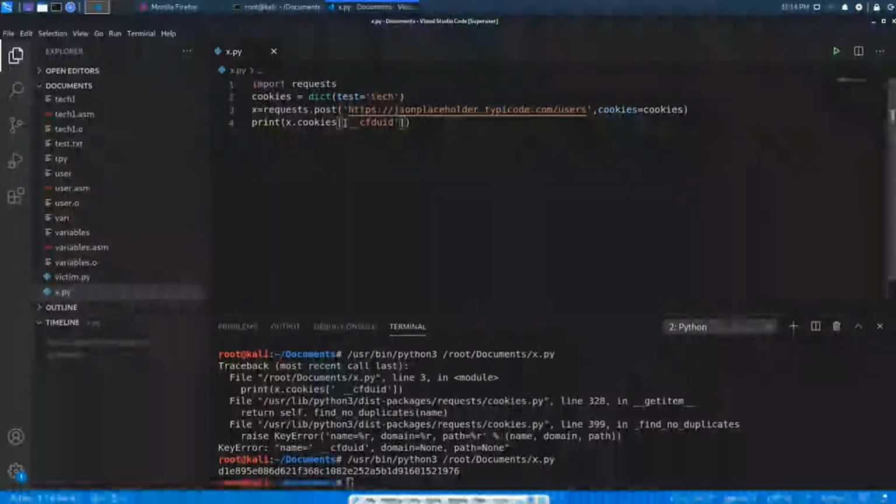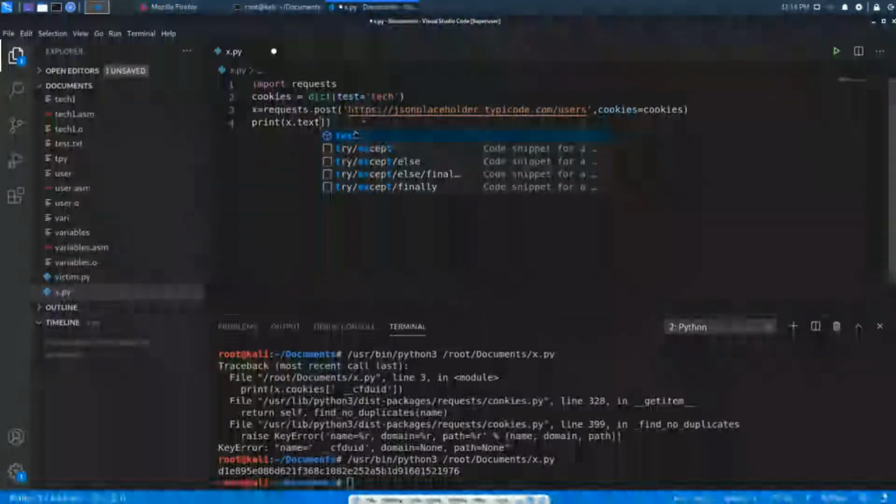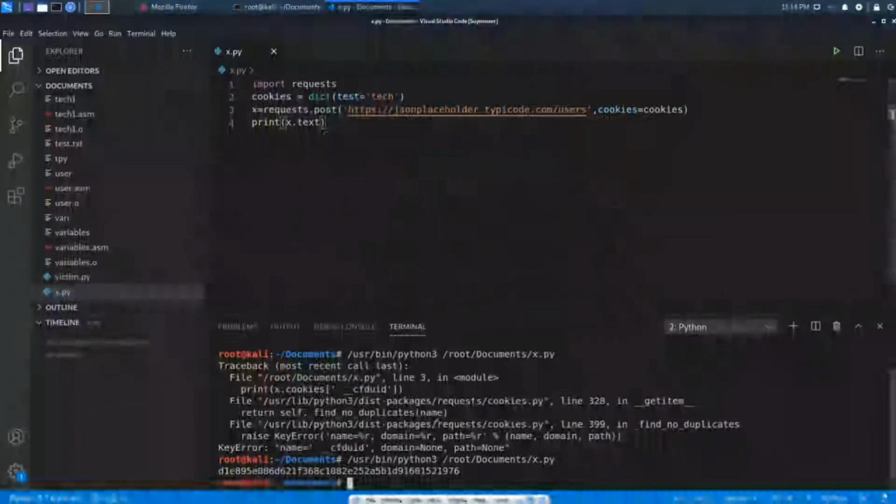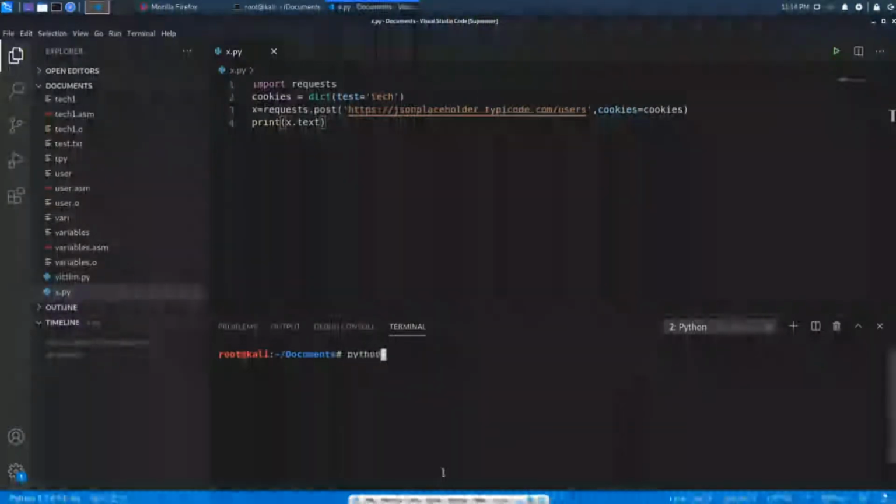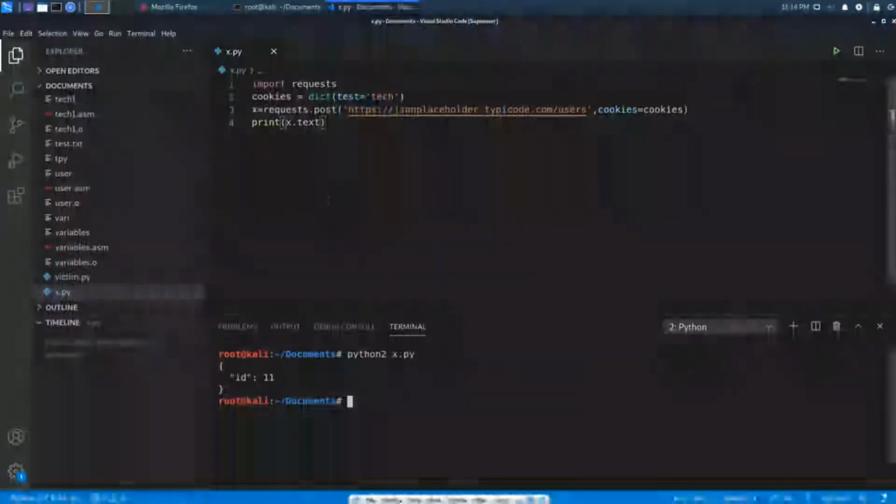So if you want to print the content, then you can print it with the x.text method. Save it and clear the screen. Python 2 x.py. So this is how we get the cookies.